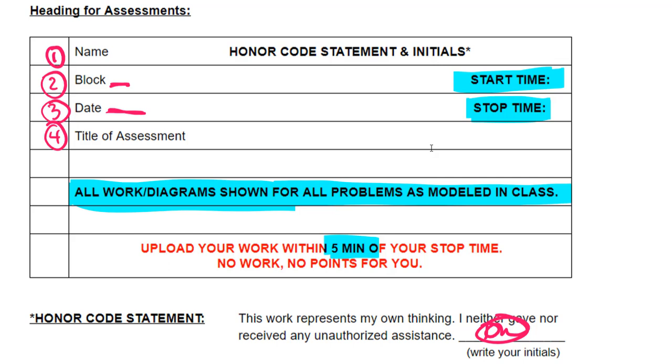So with that said, make sure you take care of correctly writing your headings on your assessments,